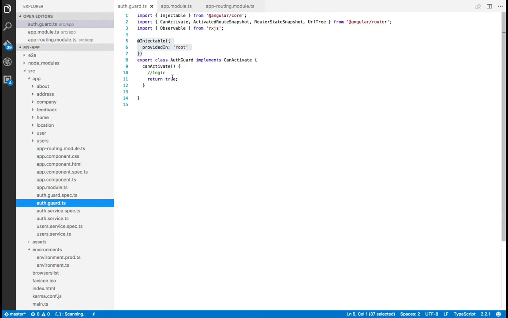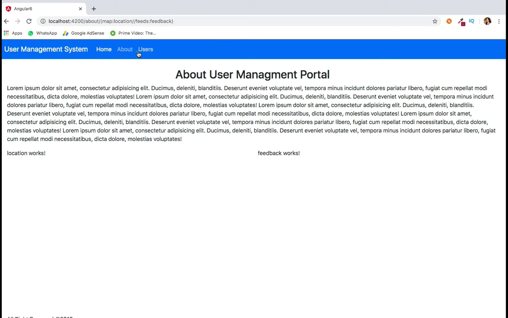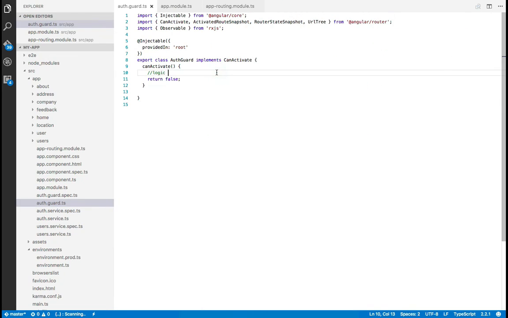But suppose manually I am returning false. It means the user's route should not be activated. So if I say home, about, users, you can see I'm not able to navigate to the user's route. So it means guards are working fine. The only thing left is the logic.